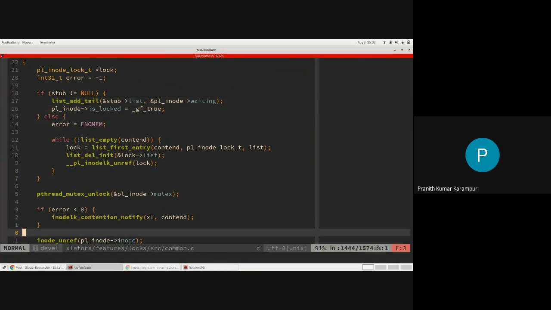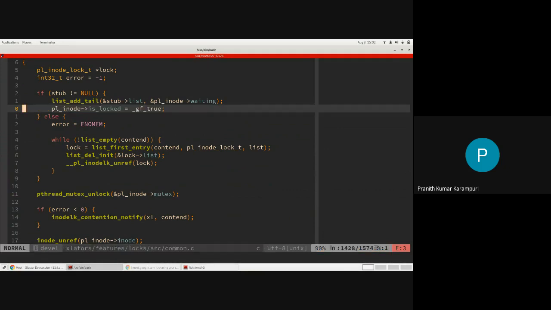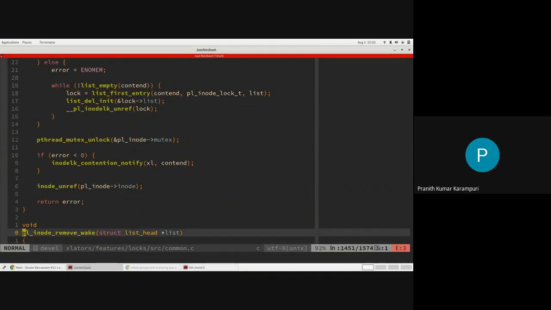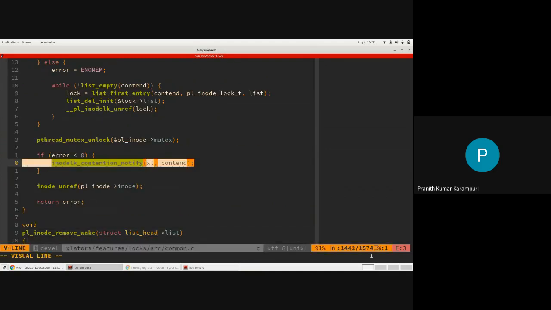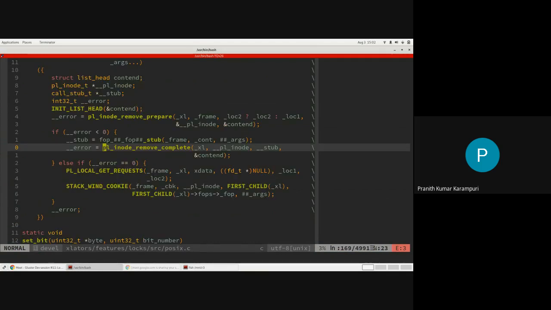and this is like again you are putting this lock as if it is in a block list. We are simulating that case, and then you're also notifying the contention saying you may have to do unlock soon. Okay. So it is setting up all of this state. Now the control flow is completely dependent on what happens in inode LK. So let's look at that.